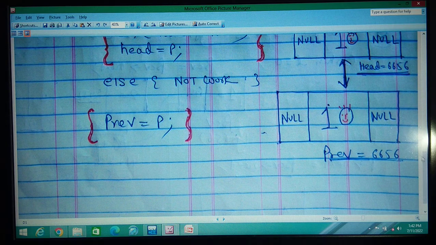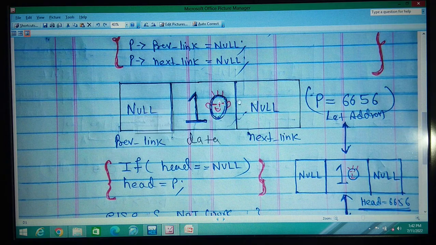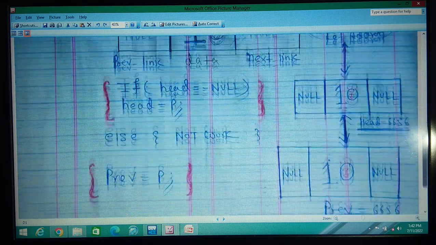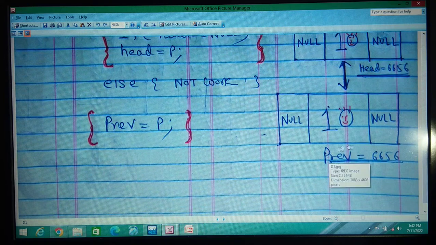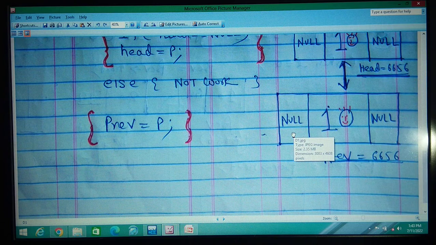I think you are getting it. So here next is null, previous is null and data is 10. Also here next is null, this is also null and data is 10. Okay, so else will not work, because if is working, else will not work. At last we have written prb is equal to p, but the compiler will read it from right to left: prb is equal to p.